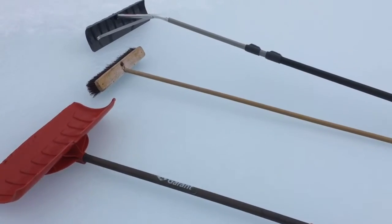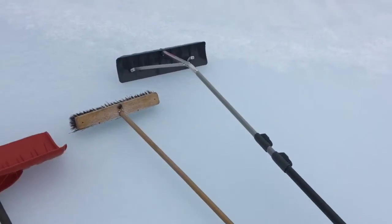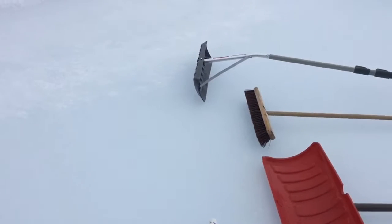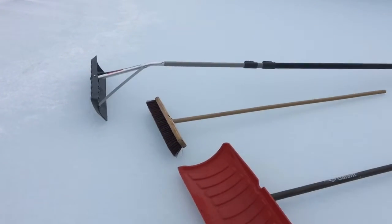I did some prep work today. I went out and bought an extendable, what we call a roof rake, so if it does get slush on it, I'm not walking around leaving footprints. I can pull the slush and the snow off of it, because as it snows, the weight of the snow